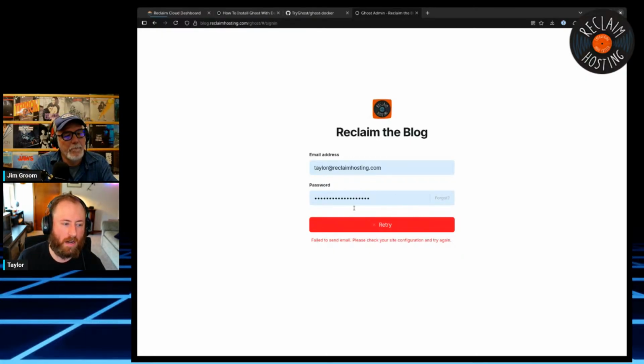That shouldn't happen on our version of the installer that exists right now, because some people don't want to hook mail up to their Ghost, right? Some people just want to use it as a blog. So this feature I have to fix right now. I'm not sure why our Mailgun configuration isn't working, but I will figure it out.